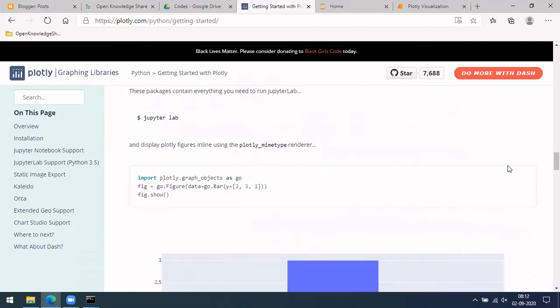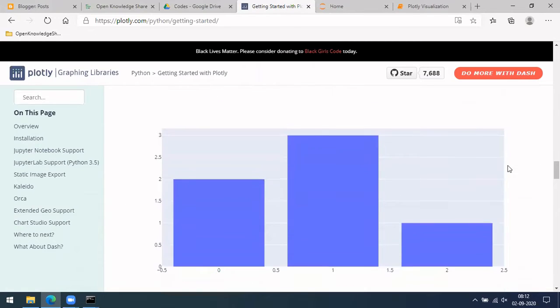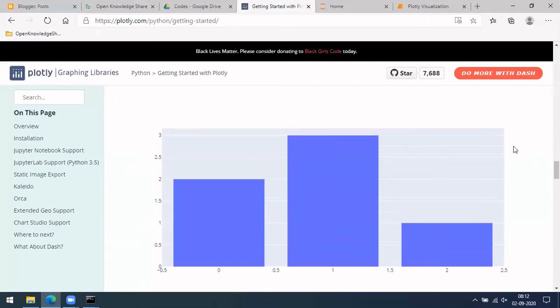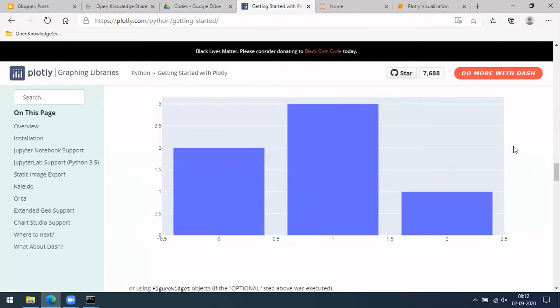And here there is a provision to plot online as well. In the sense that you can create an account in Plotly, and whatever you plot here will be saved in that account. So then you can access it wherever you want.